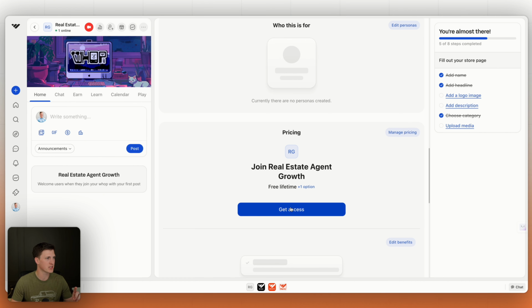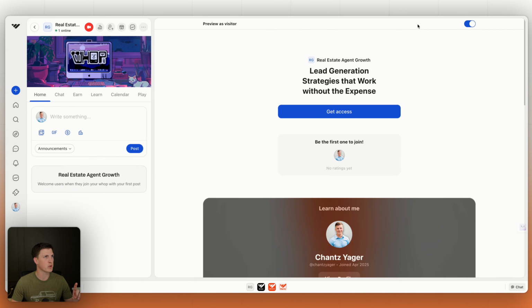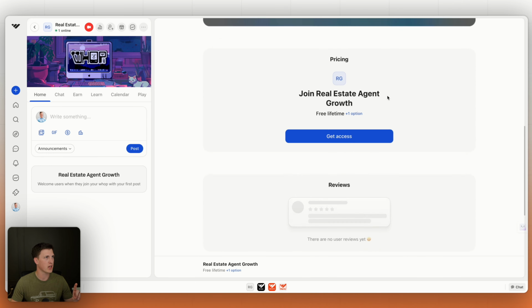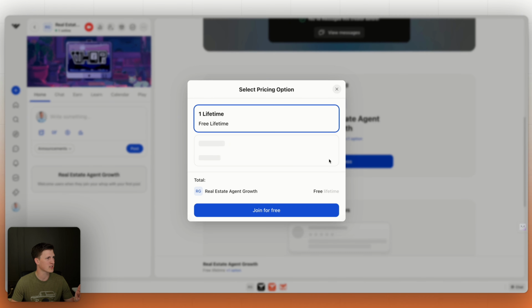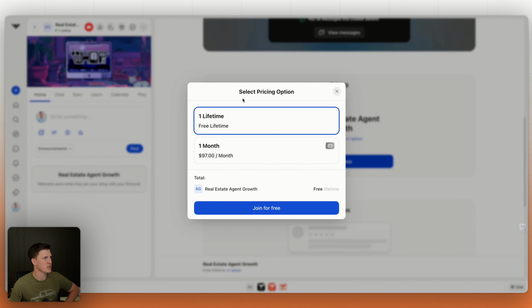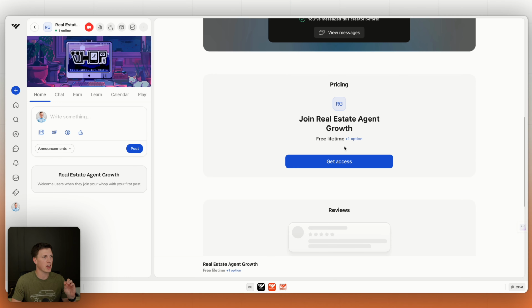And the reason is, if I am someone that's viewing this right now, and I come down and I say, yes, I want access, there's free lifetime plus one other option, and I click get access, it's going to give me 2 options. It's going to say, hey, you can have monthly at $97 or lifetime for free. It's pretty odd. Why would I spend that money, right? So if you're going to use multiple options here, what you want to do is you want to actually create,